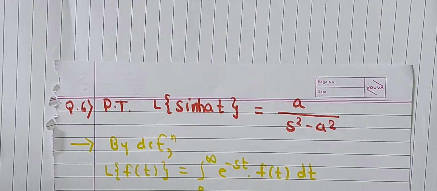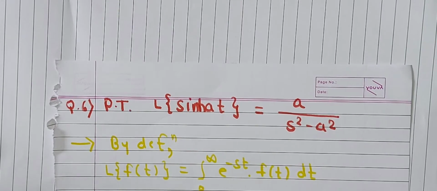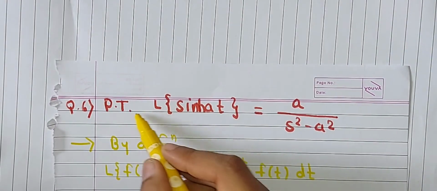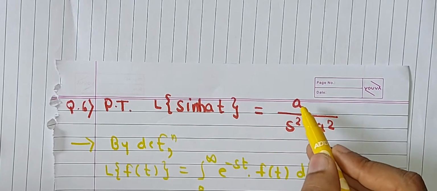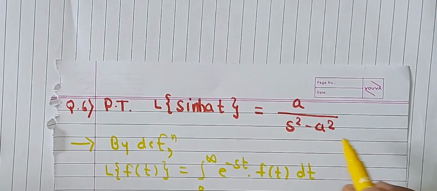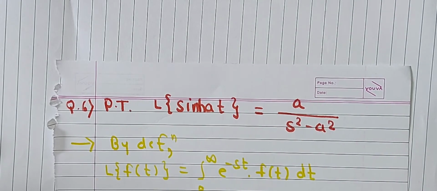Hi everyone, in this lecture we are going to discuss a new property of a Laplace transformation. That property is: prove that the Laplace transformation of sinh(at) is equal to a divided by s squared minus a squared. Now, with the help of the definition of a Laplace transformation, we have already discussed this definition in